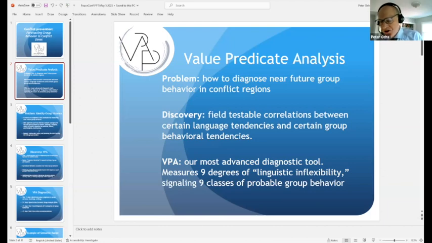Indeed, we constructed VPA to address the very problems that Mark identifies. And we succeeded because of a surprising discovery. Before drawing your attention to this discovery, let me just warm up with a more informal description of what you're going to be hearing from three of us now. The tool that we've developed